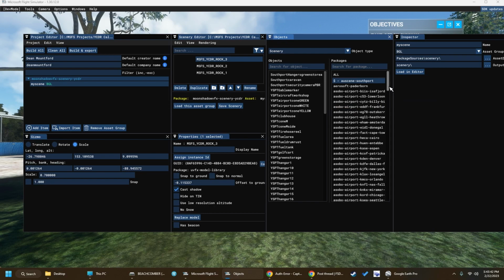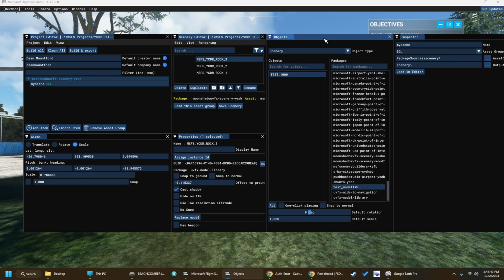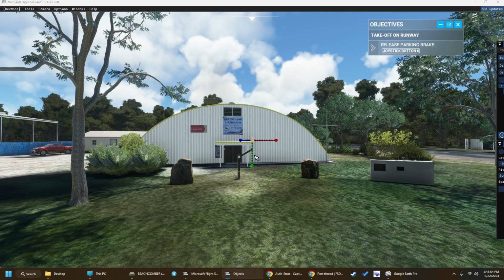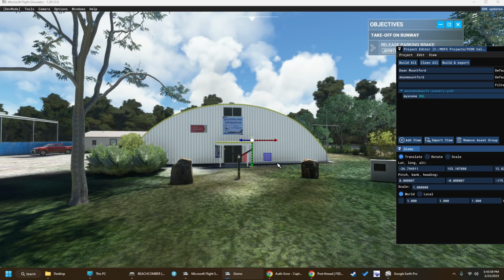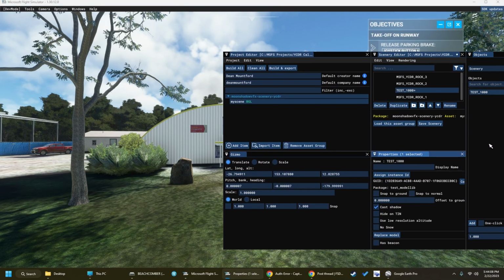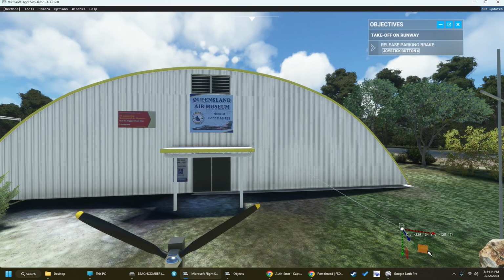Now we're going to go down here and look for our test model library, and there's our test 100. We'll click on add. That has loaded that into the sim. I'm just going to pull this over and go translate. And a couple of things we want to do. First of all, now properties, we want to turn off snap to ground. We can turn on snap to normal if we want to, but